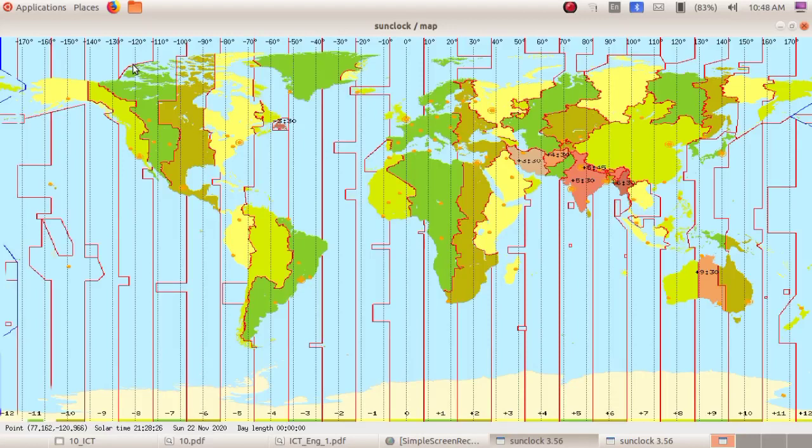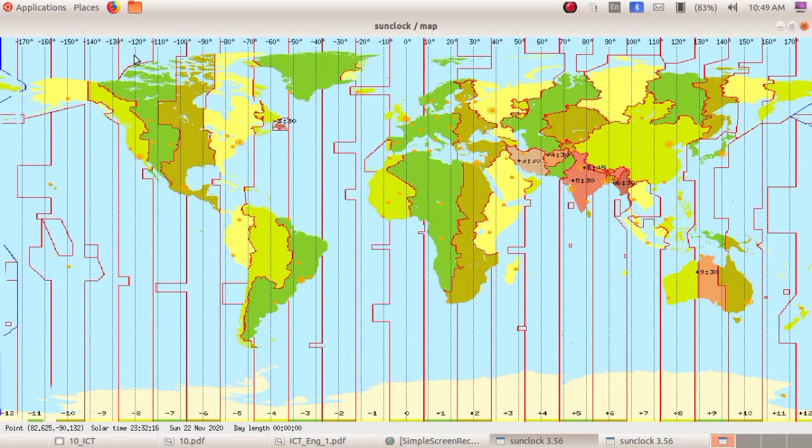Minus 120 degree. See, the date is changed here. 23rd November has changed to 22nd November. At which degree? Minus 60 degree, the date is 23rd November. Minus 90 degree, the date has moved one day backward. 23 has changed backward, 22nd November, and the time is reduced.